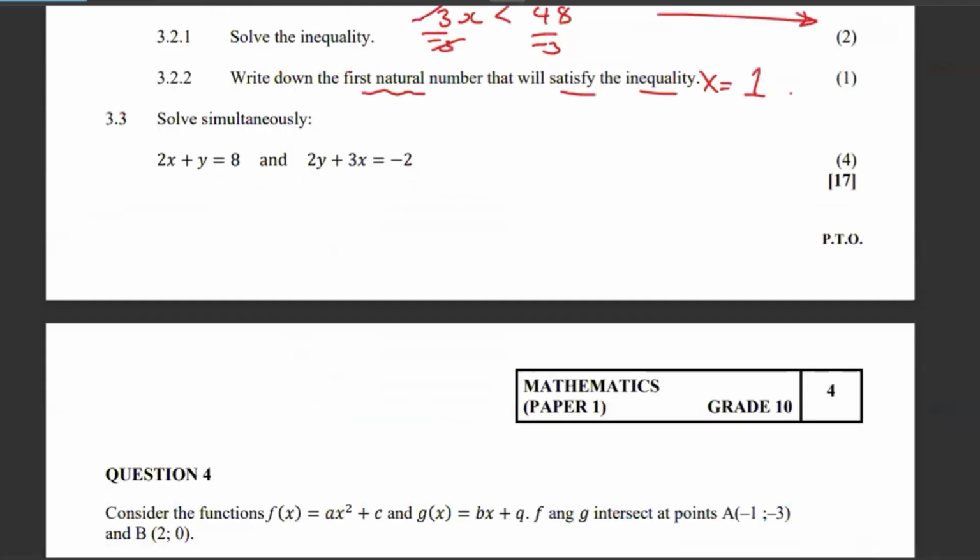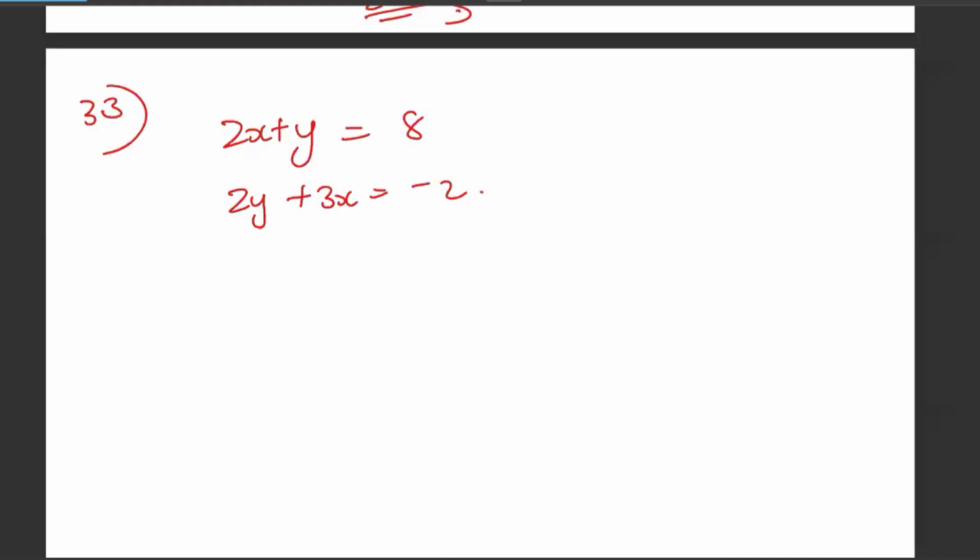This is 3.3. Okay. So remember, we have 2 methods of solving this. We have the substitution, and then we also have the elimination. So if by any chance I call that 1, I call that 2,